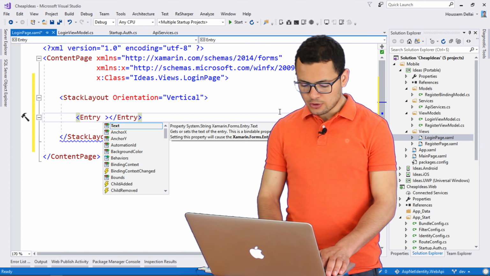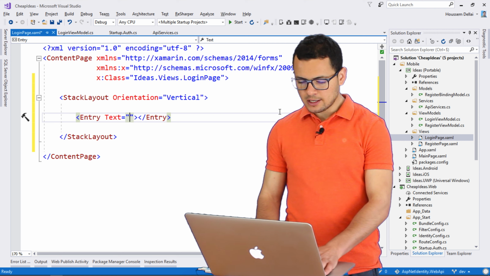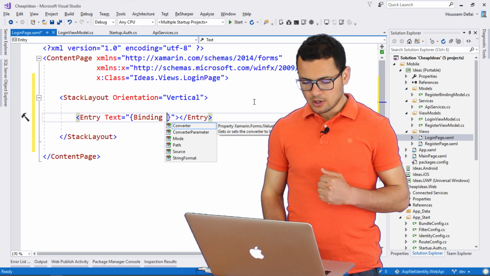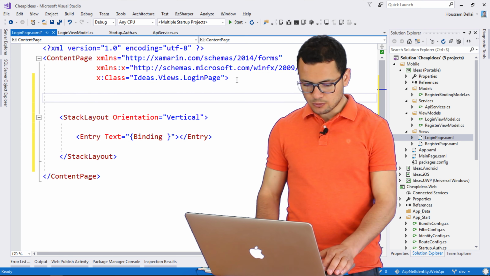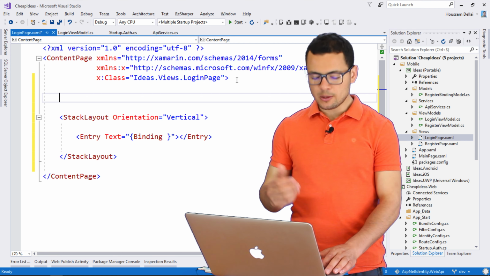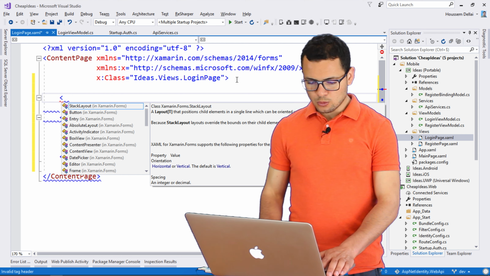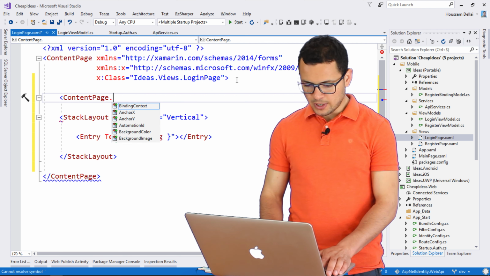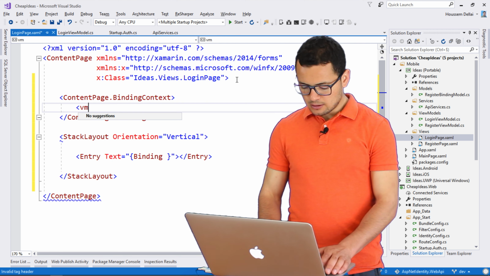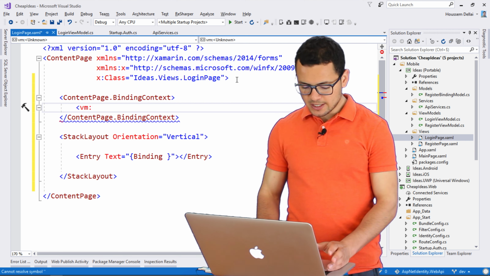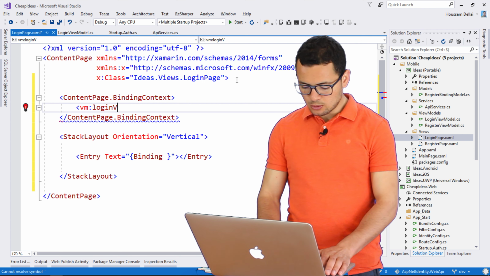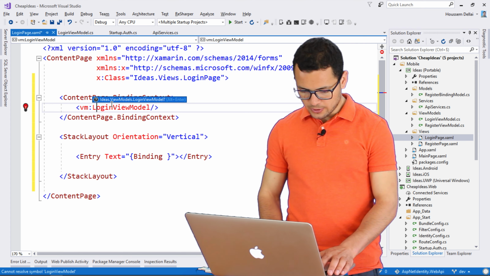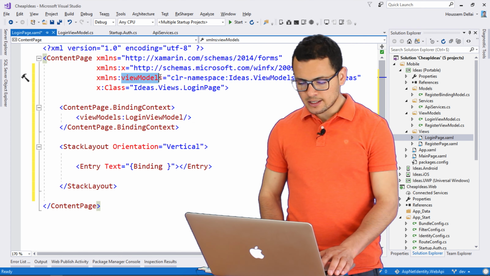The first one for getting the username, and the second one for getting the password. But here, in order to be able to use the binding, I need first of all to bind my login view model to my page. For that, I'll go here to the content page node and say content page dot binding context, then define an XMLNS namespace, and tell from here I want to use my login view model with L uppercase. Then here ReSharper will create that namespace for me,